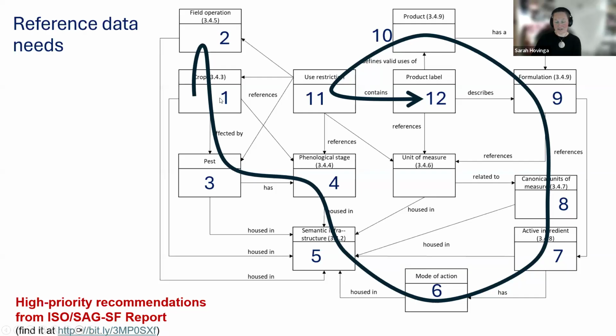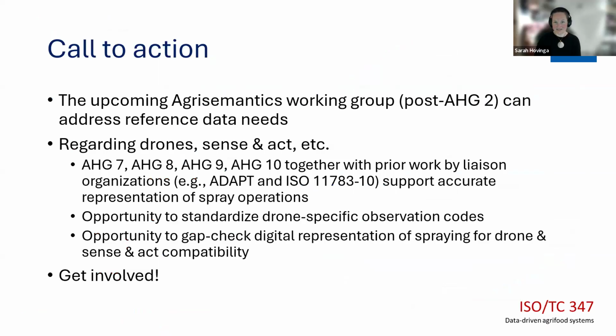the crop names, for example, being able to utilize that on a label, understanding field operation standard, understanding common terminologies to refer to a pest or even the stage of the crop, the mode of action of your pesticide product, the active ingredient, what formulation you're using, if there are any use restrictions, and ultimately leading to the product label. And so you can see how a lot of what we've spoken about today really is able to be utilized with these projects.